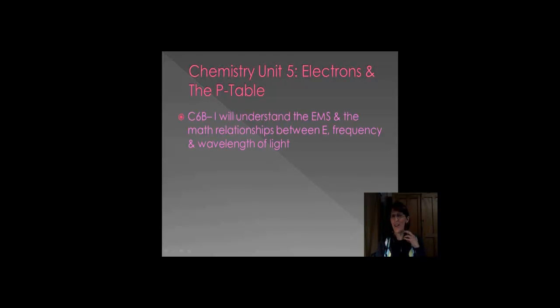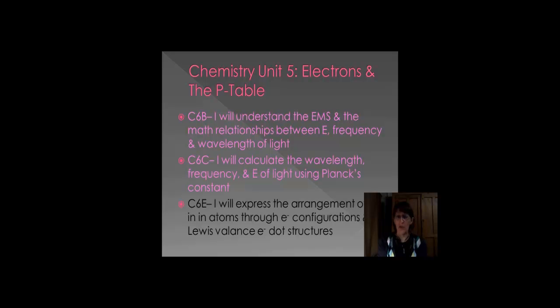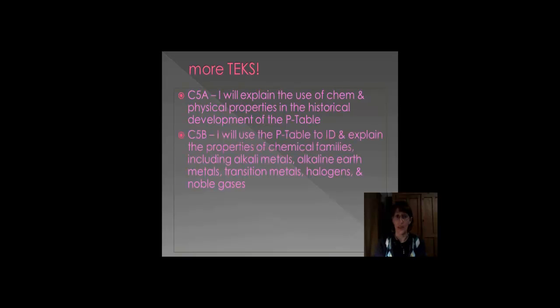Okay, Ms. Howard's chemistry class. We're working on Unit 5, and this is Part 5, electrons in the periodic table. Now, we've talked about the electrons, we've talked about wavelength and light, and now we're ready to really focus on C5a. I'll explain the use of chemical and physical properties in the historical development of the periodic table. I will use the periodic table to identify and explain the properties of chemical families, including the alkali metals